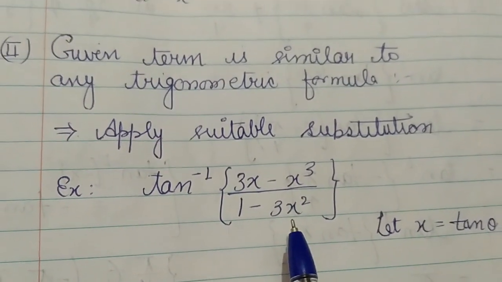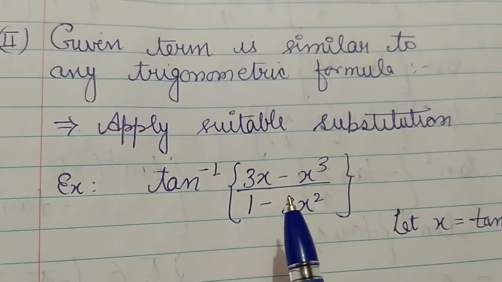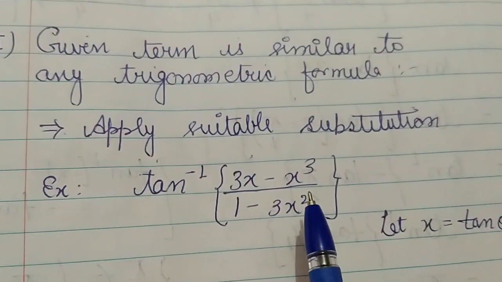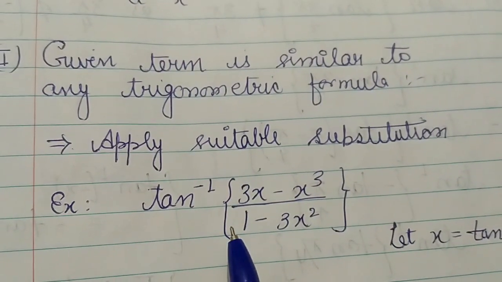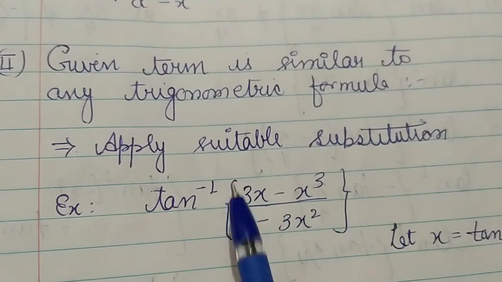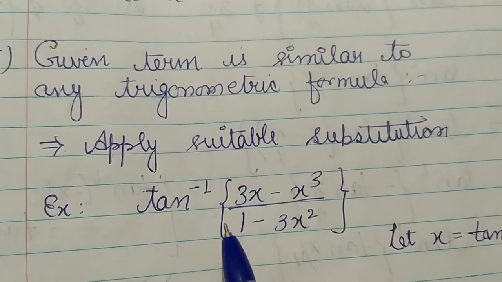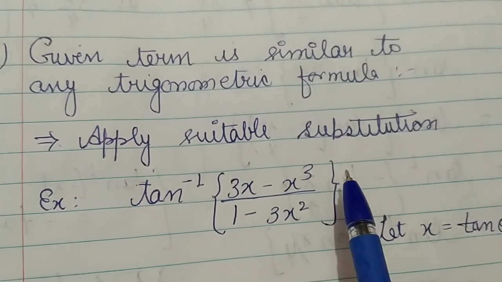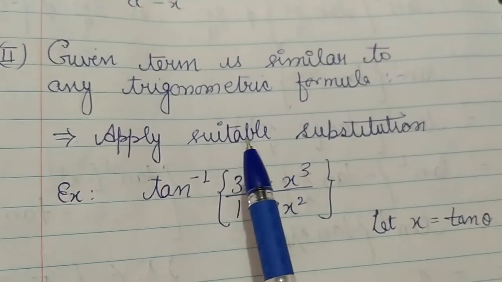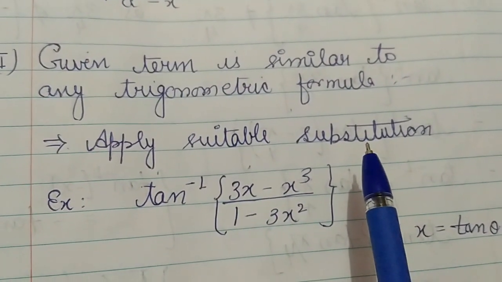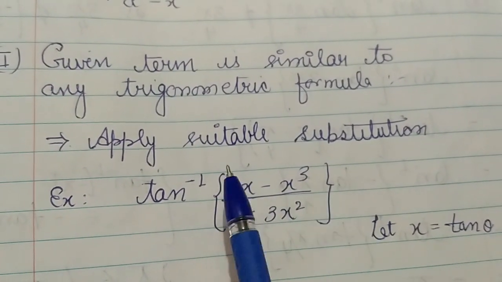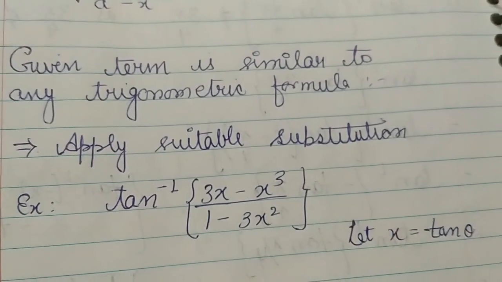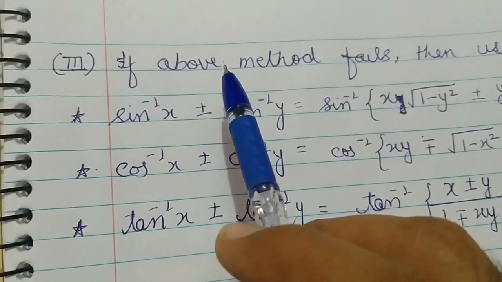If the question does not involve the sign of square root, we can check whether there is any term which may be converted into some particular trigonometric formula using a suitable substitution. But if the question is not in the form of some particular trigonometric formula, then we use the third method. If the above two methods fail,